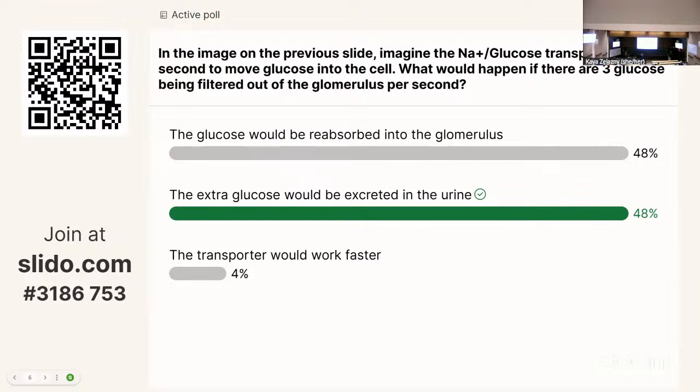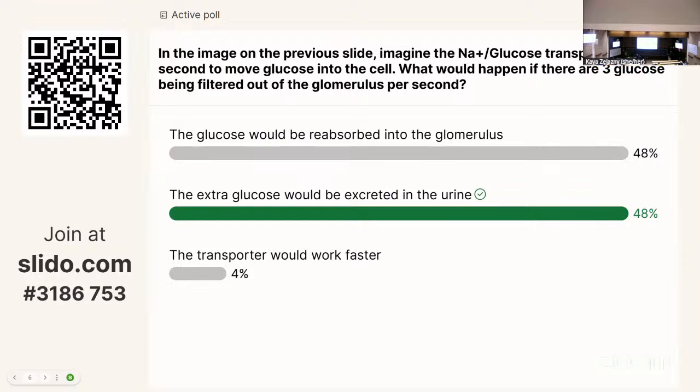So now that we're passing these cells, these renal epithelial cells in the proximal tubule, we only have two options, right? So we can cross those epithelial cells and the capillary endothelial cells and go back to the bloodstream, or we're going to keep going down the nephron, eventually end up in the bladder, end up being excreted as urine,